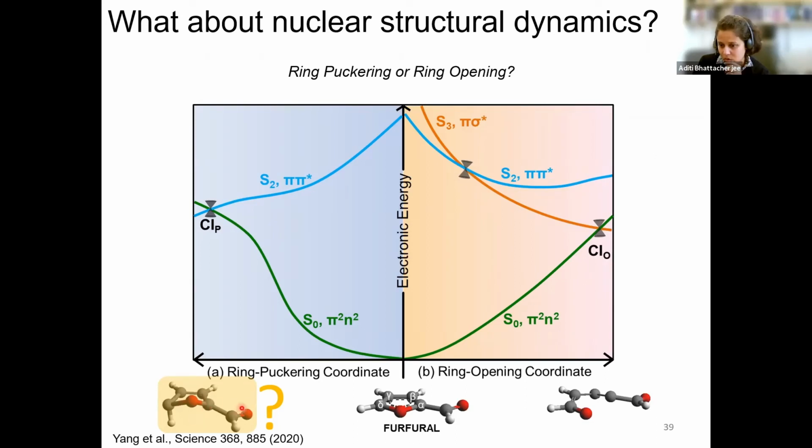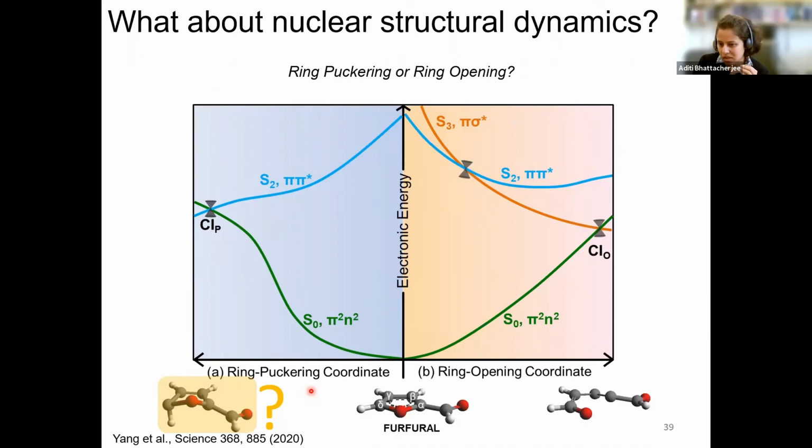This is not normal mode really. What this is, is a severely distorted structure with this H atom strongly bent out of plane and this oxygen atom also lying out of plane. And at the time that I was thinking about these results and writing the paper, we made some comments about not being able to discriminate between the ring opening and the ring puckering coordinates in our paper, but at the same time, it got me thinking about what will it take for experiments to be